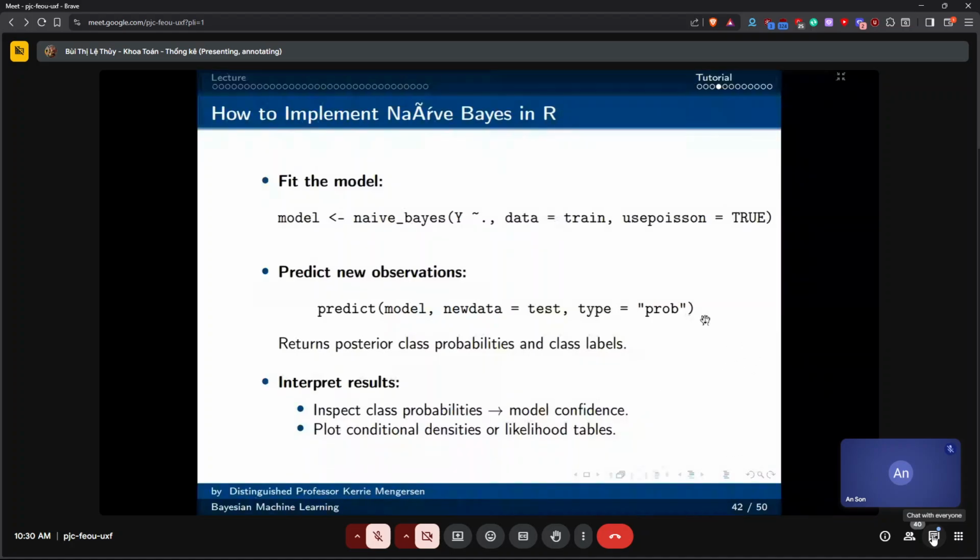Then you call the naive_bayes function, and you say y is a function of, so y tilde and then your x's. If you just put y tilde dot, it means use all of the other variables in your data set to predict y. Now, in the code that I gave you, I changed that to have a formula line that I had created outside.